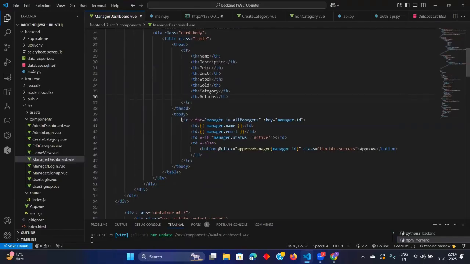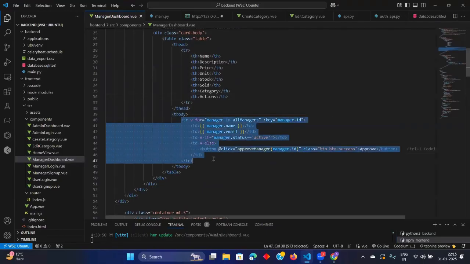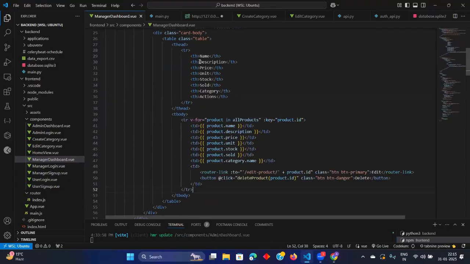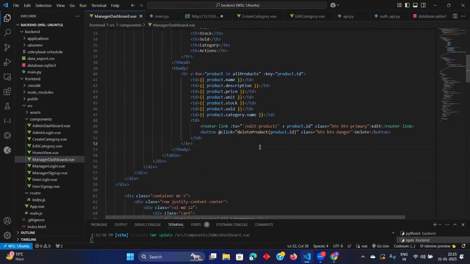Now let us just remove all this tr. It will automatically suggest what is required. Just write this thing. It will automatically suggest what is required to be there. Okay. So it is saying, as per the edit category, on the next page. Okay. So let us do that thing.